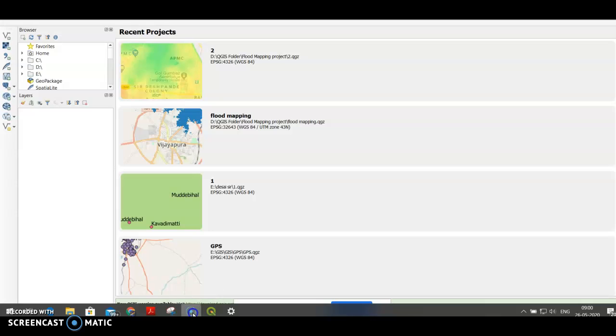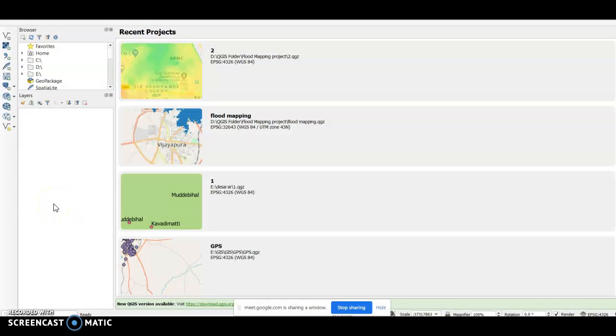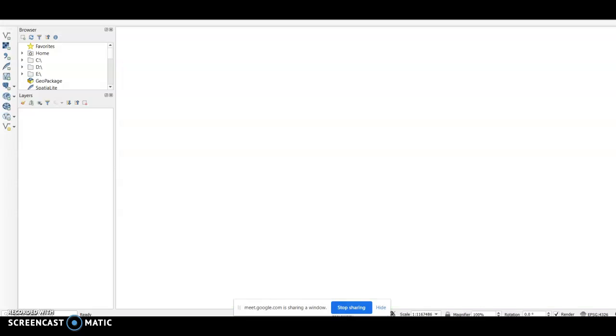So, is this visible to you? Okay. This is QGIS. After you install it, you will get this software. Now, in this software, I'll just quickly tell you what the portions are. This is the window where you will work. This is where you try to draw everything.